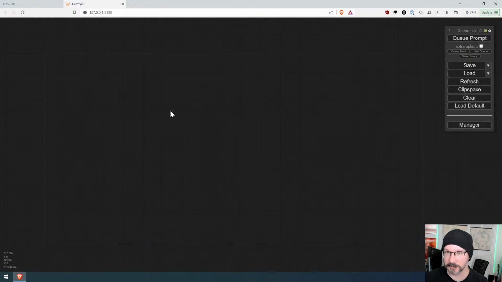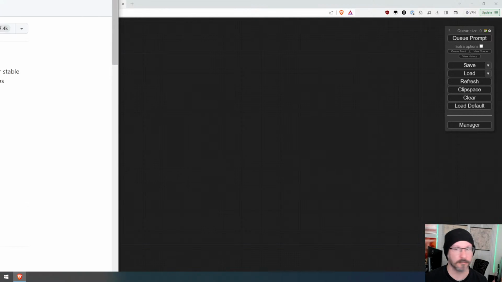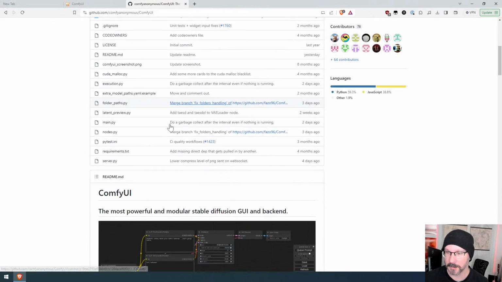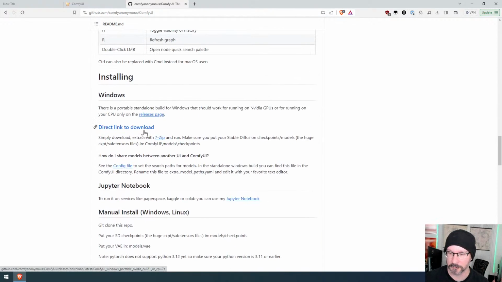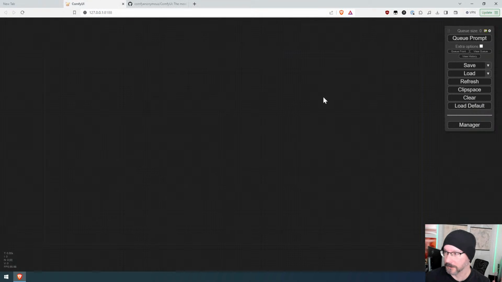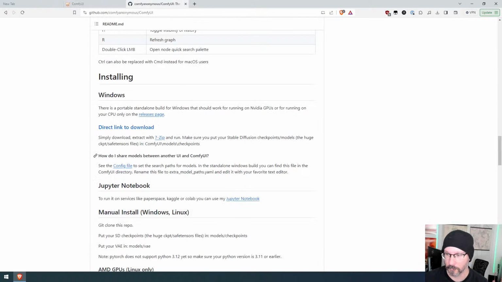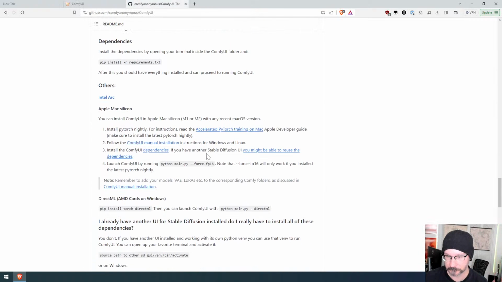And essentially what you do is you go to Comfyui's GitHub. So you go to GitHub Comfyui, and you probably go to, where is it? Right here. And you'll have lots of instructions and all this kind of stuff. Basically, you want this direct download. You download it, you install it, and then generally speaking, there will be a lot of things that you need to install as well. But you don't need to install anything else except for a couple of things. One of the things that you will absolutely need is